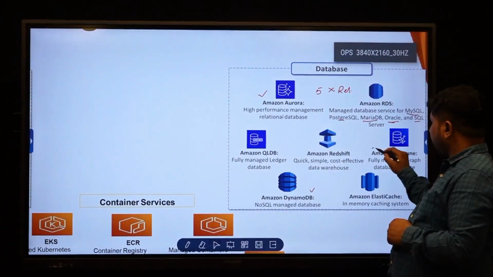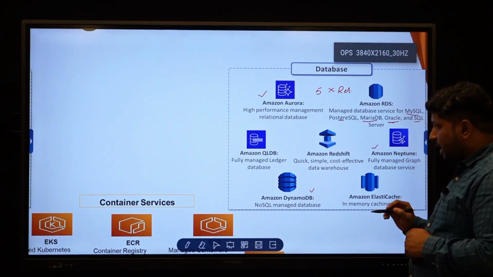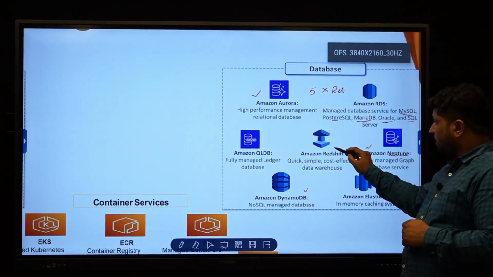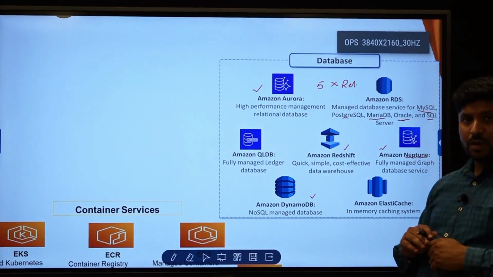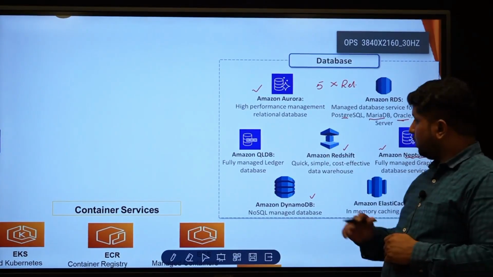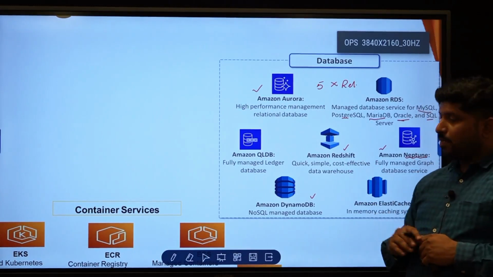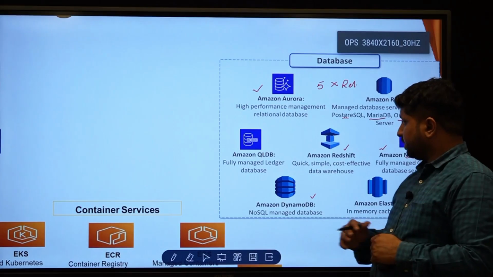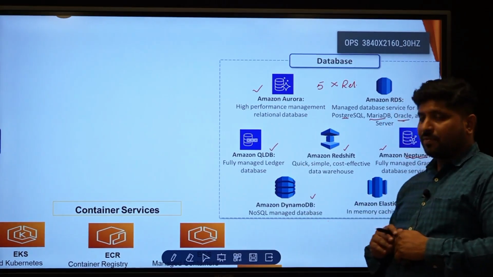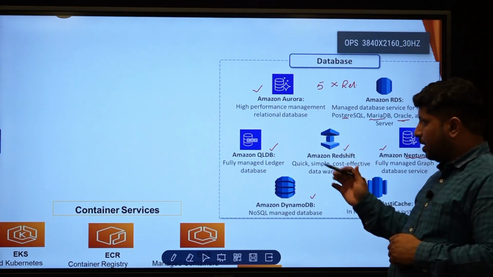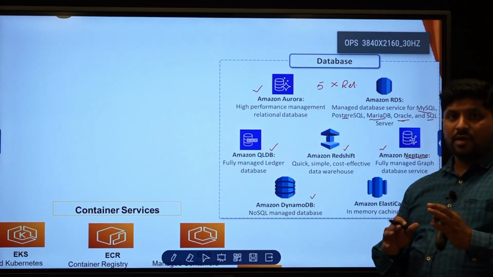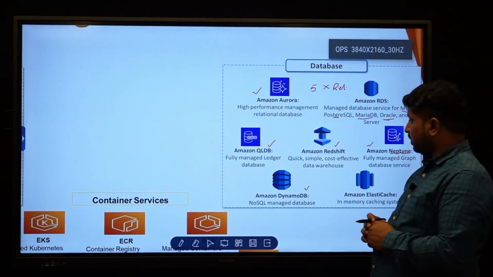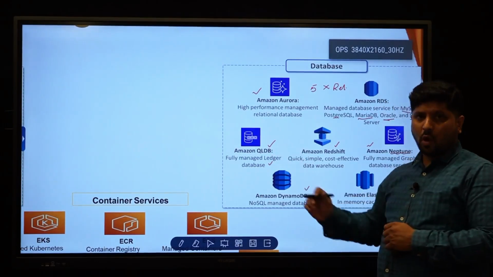Along with that, we do have a fully managed graph database in the form of Neptune. Along with that, we do have a data warehouse too, such as Redshift. Redshift is a data warehouse built on top of Amazon and provided as a service. We do have a ledger database too, where it will be storing the data very securely in encrypted form by using various cryptographic algorithms, a ledger database just like a blockchain.